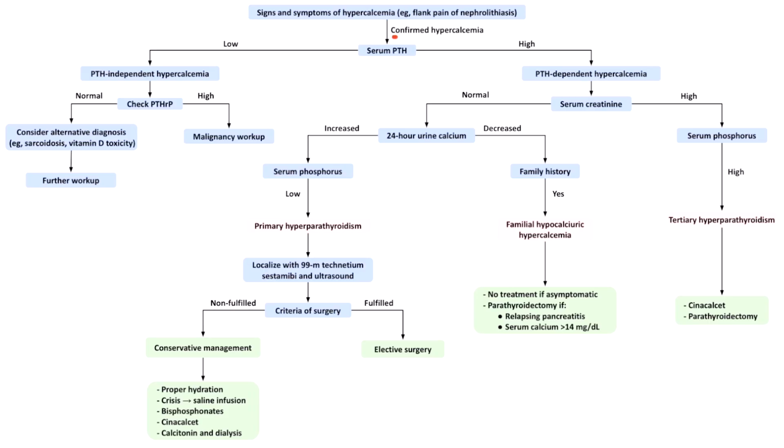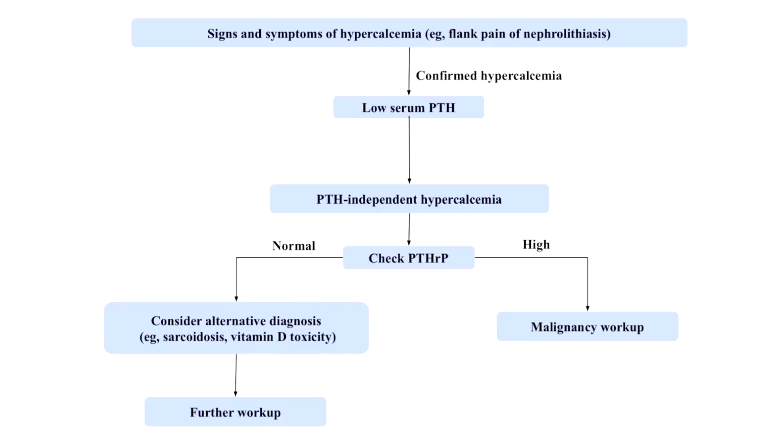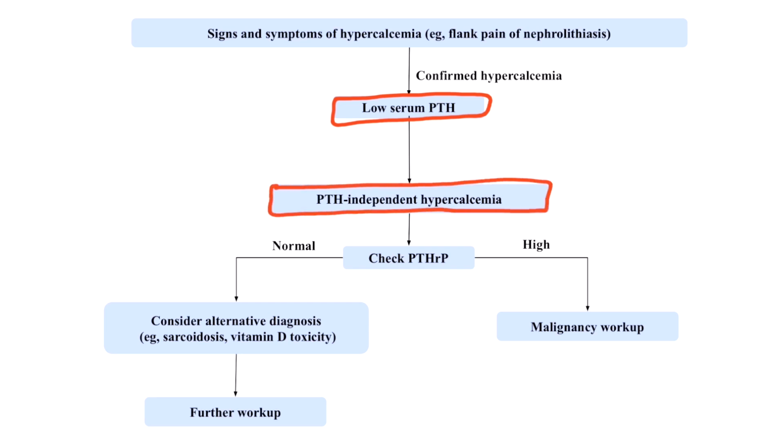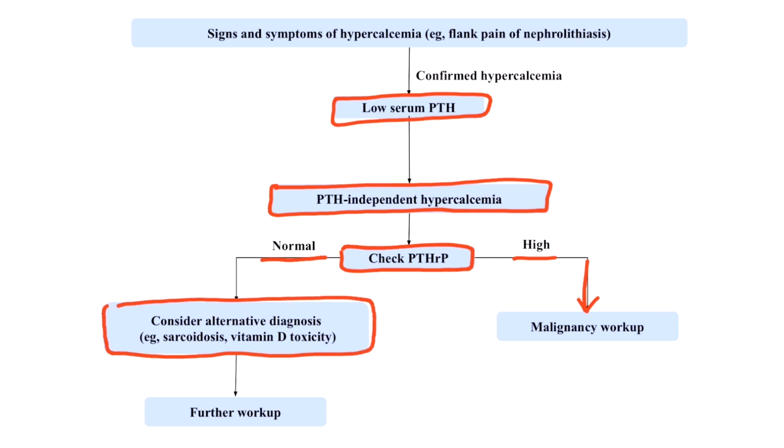When a patient has confirmed hypercalcemia, the first test in order to differentiate the cause is serum PTH. Let's focus on the side of the algorithm with low PTH levels first. If PTH levels are low, then we're dealing with the PTH-independent hypercalcemia. Next, we should check the PTH-RP. If PTH-RP is high, then a malignancy workup should be started. In contrast, if PTH-RP is low, then one should consider alternative diagnosis like sarcoidosis and vitamin D toxicity and start